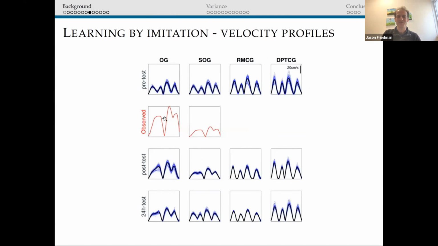In both of these cases, whereas in the expert, it seems like she's managed to merge these two movements into one single movement. So we have some ideas that in this case, the expert actually generated a new motor synergy, whereas the people who are learning on a single day aren't able to generate this new motor synergy, and so just overlap the two movements.